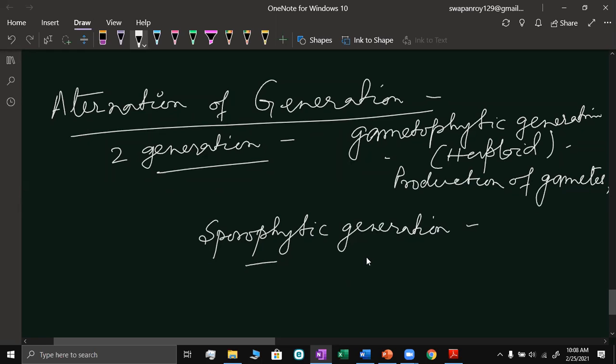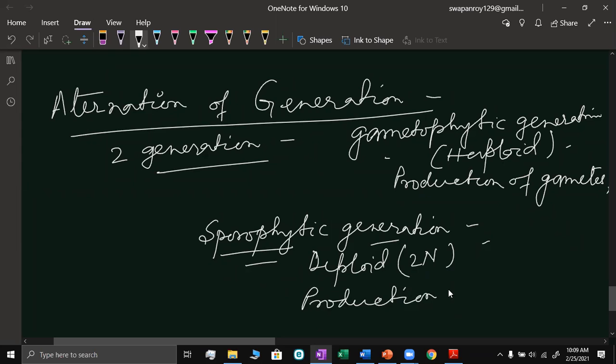This is characterized by the diploid, that is 2n, and it is the sporophytic generation responsible for spore production. In the life cycle of any plant,